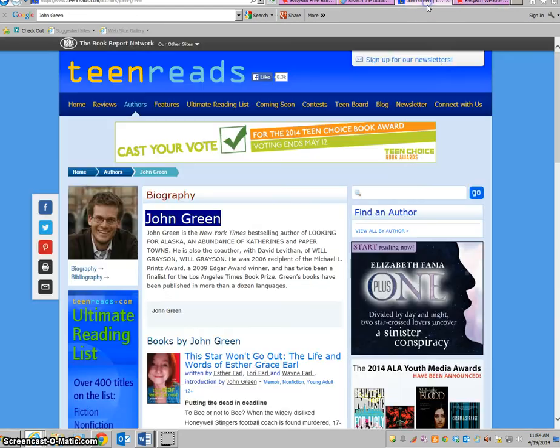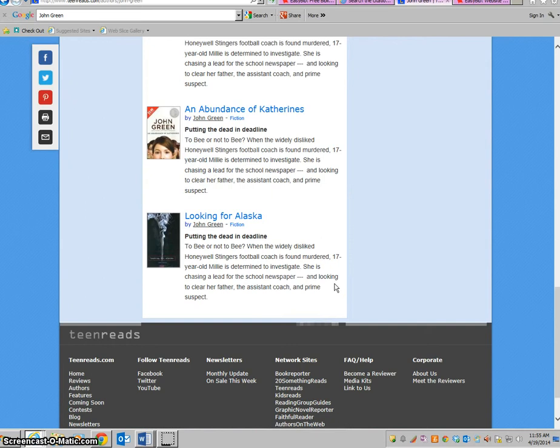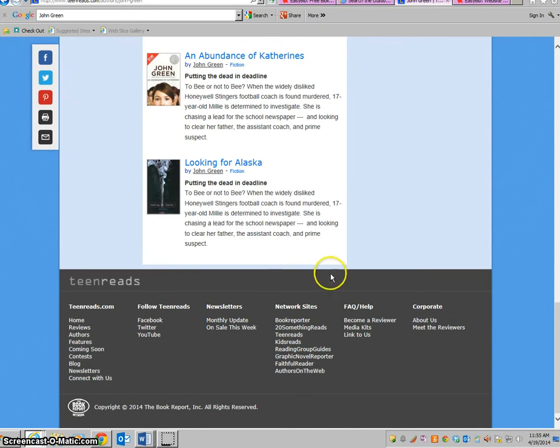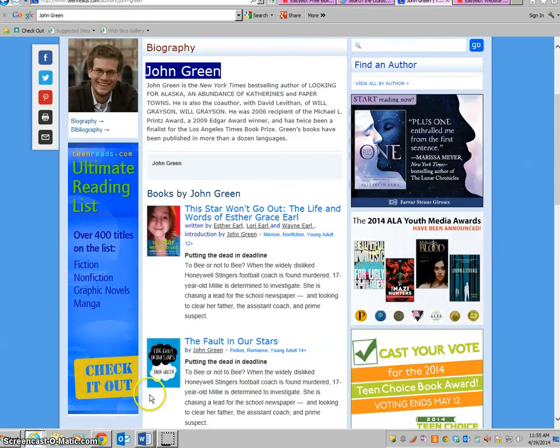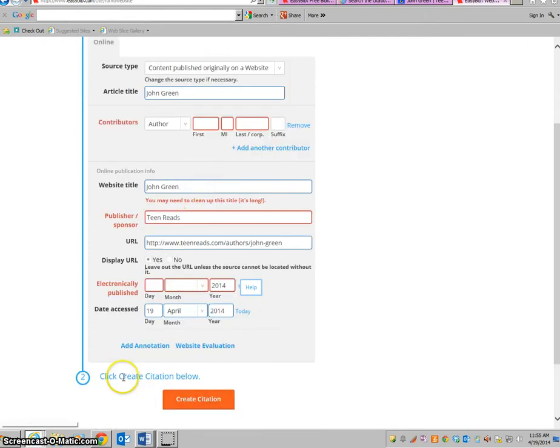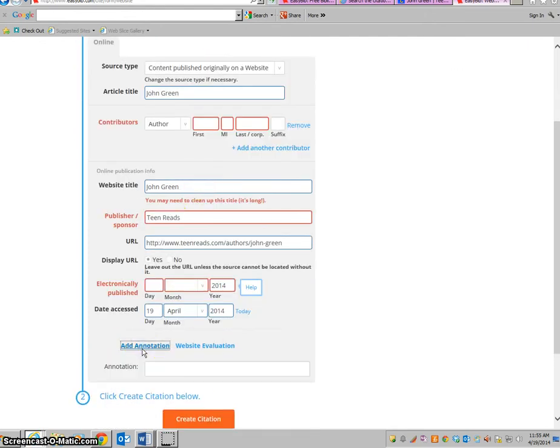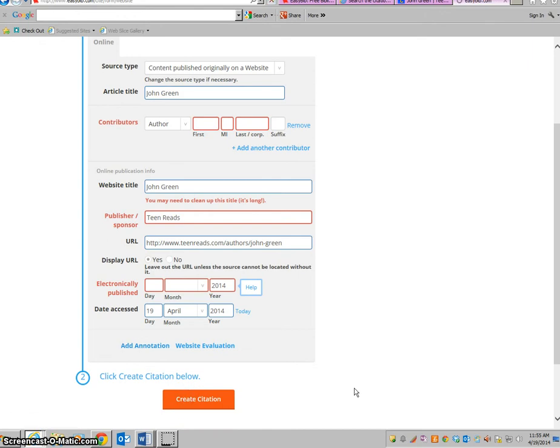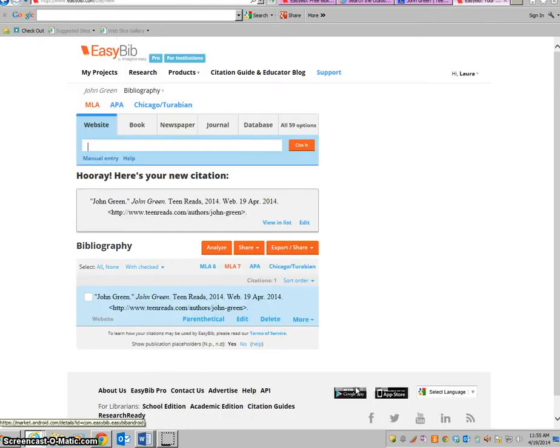And then we're going to look here to see if there's an electronically published date. It does say 2014, so we'll at least add the year. And then the date accessed, that's just today's date. So we have now verified that there's as much information here as we can, and we're going to go ahead and create the citation. Okay, so that is now in your